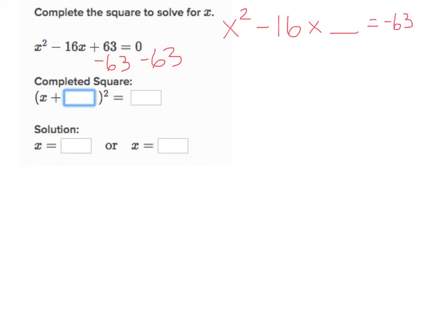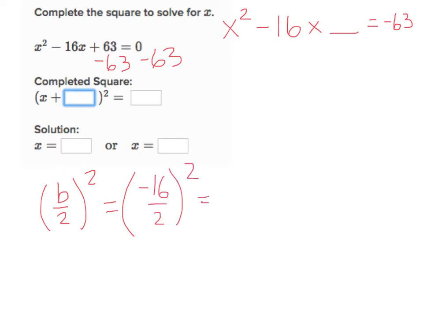Okay, now step 2 is to put something in this blank right here. And I told you in the last video, the thing that always goes in that blank is b over 2 squared. Okay, so b over 2 squared is negative 16 over 2 squared. So that's negative 16 over 2 is negative 8, and negative 8 squared is 64. So what I'm going to do is add